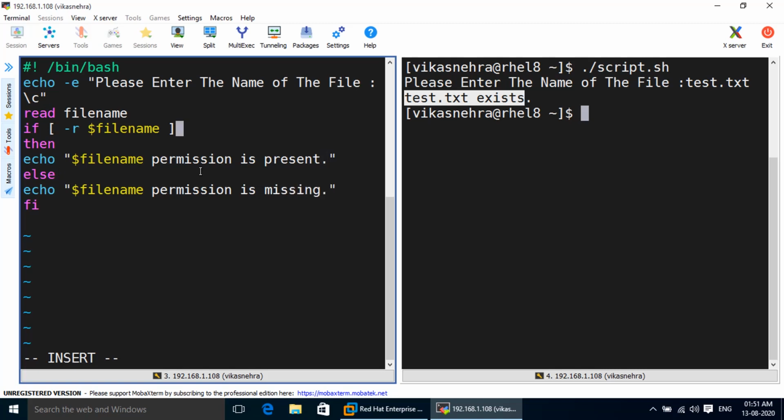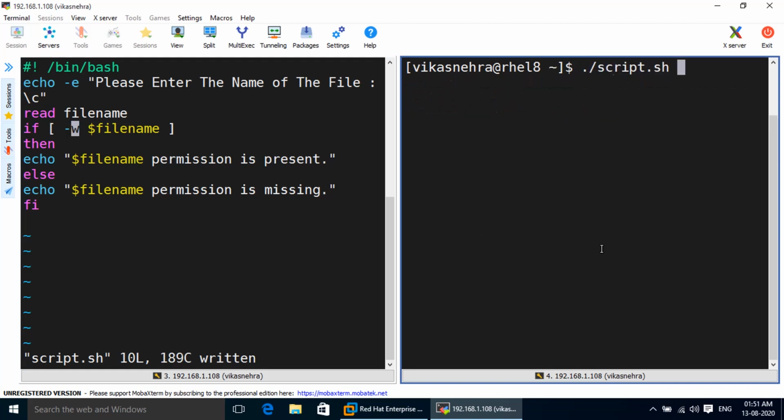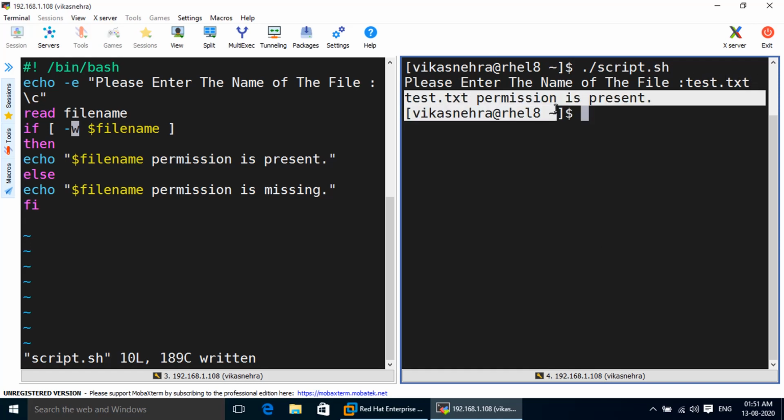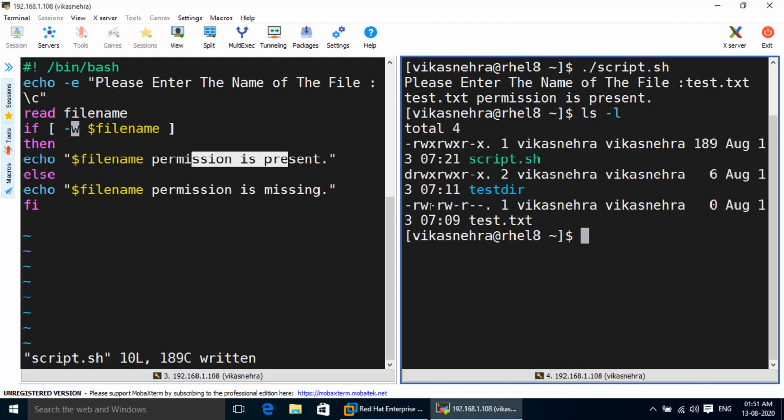And to check for the write permission, we can mention here w and save the script. So if I execute it, then after mentioning the name, it will show us that test.txt permission is present, because it has the write permission as well. You can verify it like this. Write permission is there for the owner and the group.